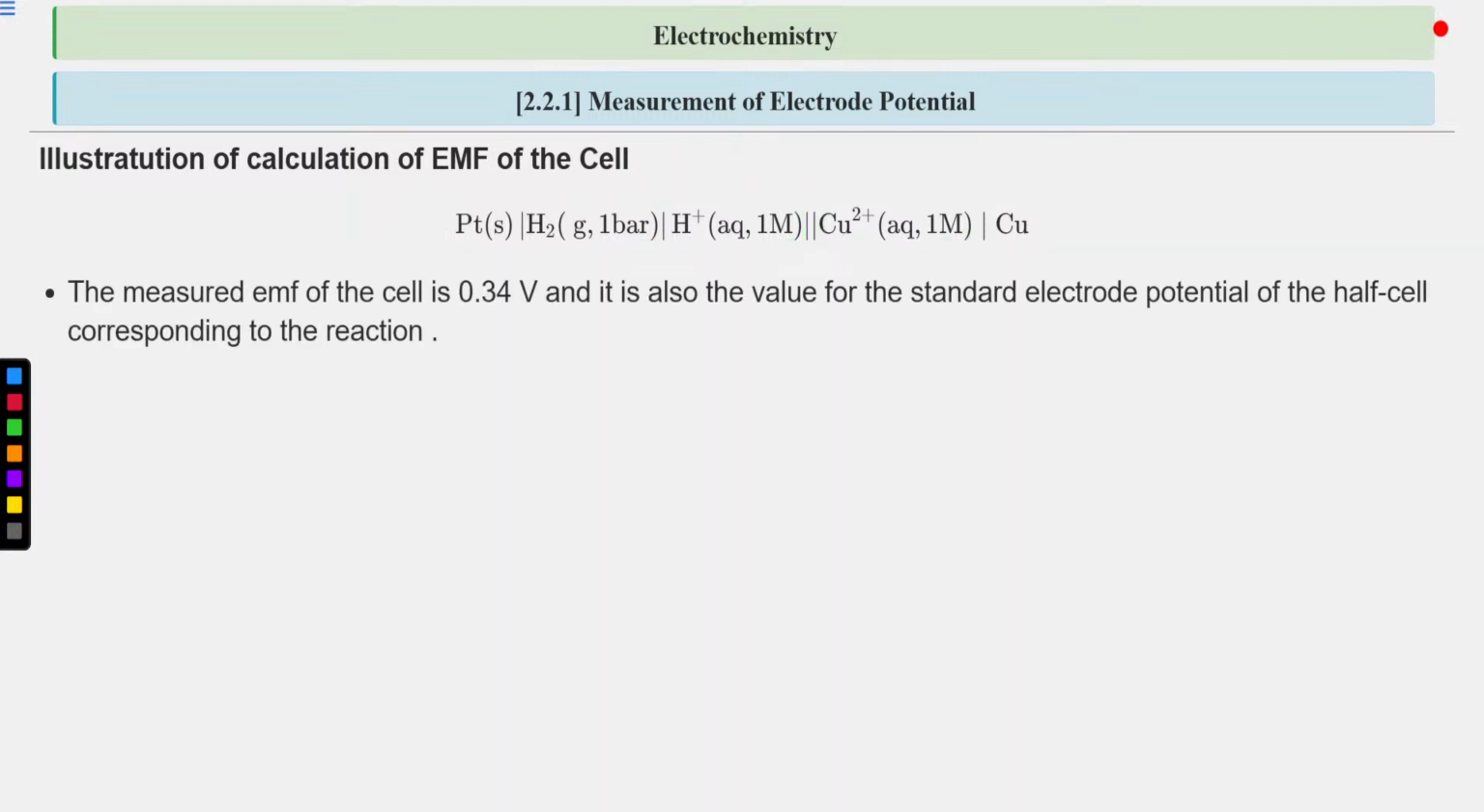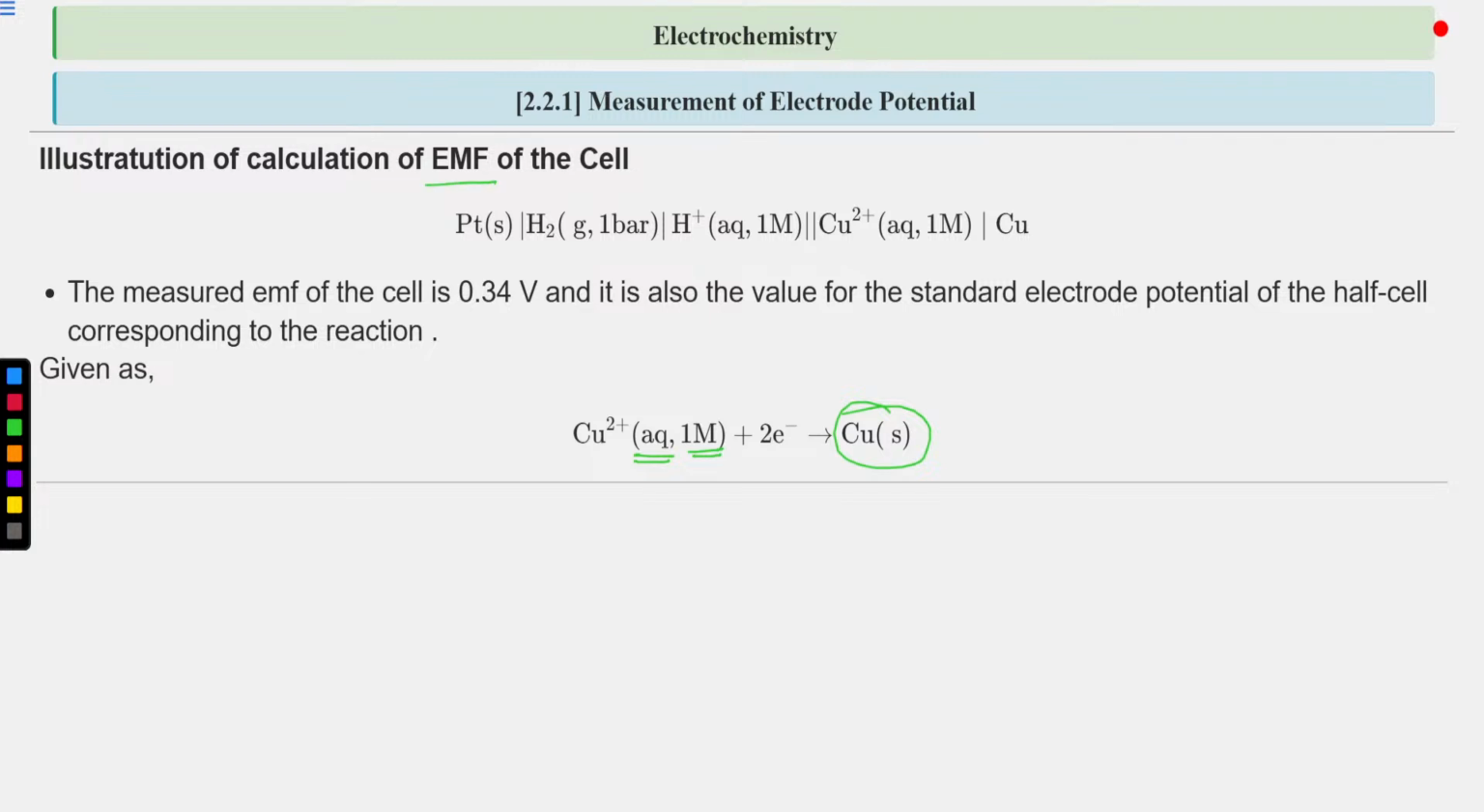Now, the measured EMF of this cell is 0.34 volt. For this cell, the measured EMF is 0.34 volt, and it is also the value for the standard electrode potential of the half cell corresponding to the reaction Cu2+ in the aqueous state at 1 molar concentration plus 2 electrons, giving us copper in the solid state. Okay, so first of all,